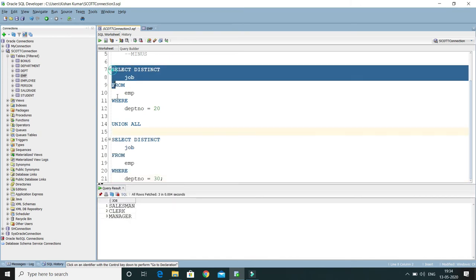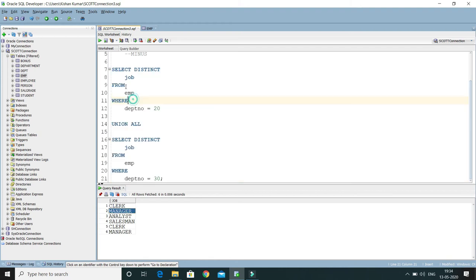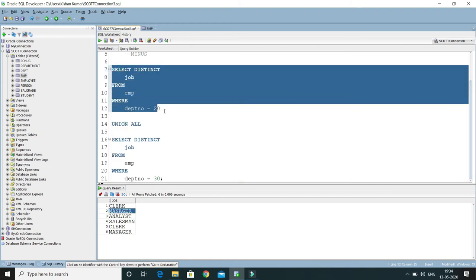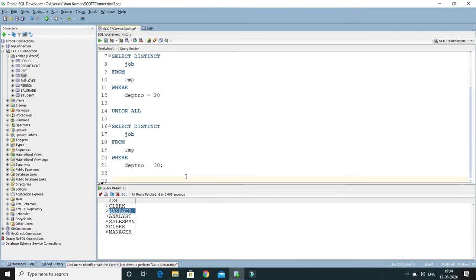If I run this one, it returns 6 results. Here you can see duplicate rows also getting returned: the first returns 3 rows and the second returns 3 rows, so 3 plus 3, 6 rows are returned. But if you do the union, then that will bring all the unique rows. That's the difference between union and union all.